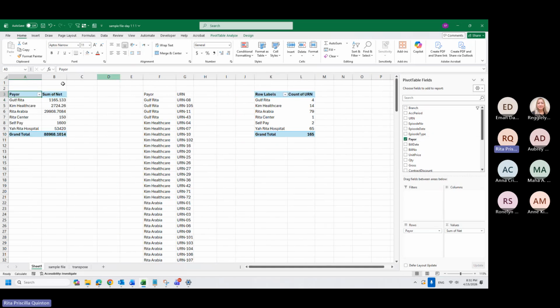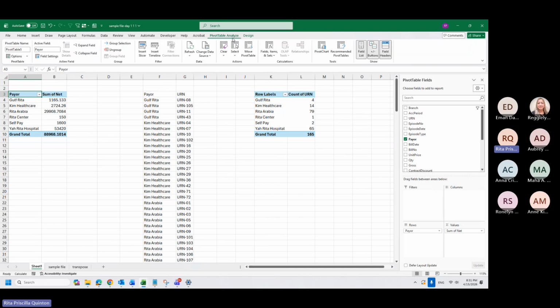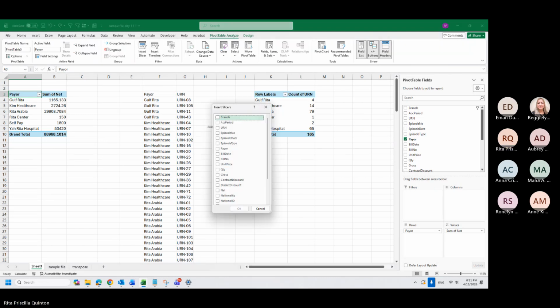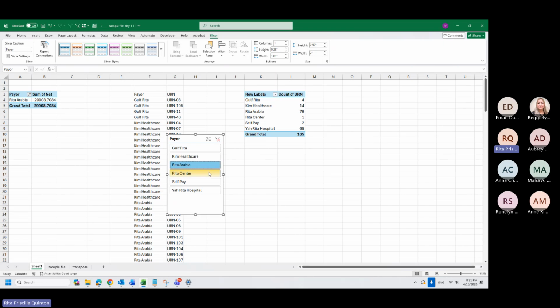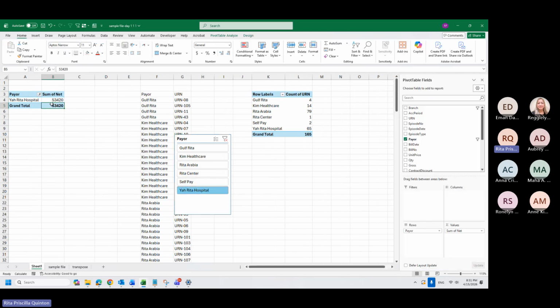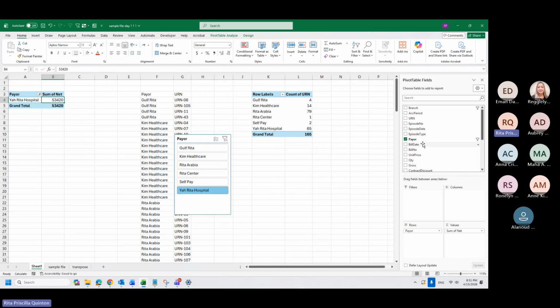Also for slicer, I can put a slicer again. Insert slicer if I want payer, say. It will come up anytime I put it here. For example, I want to know the daily amount.